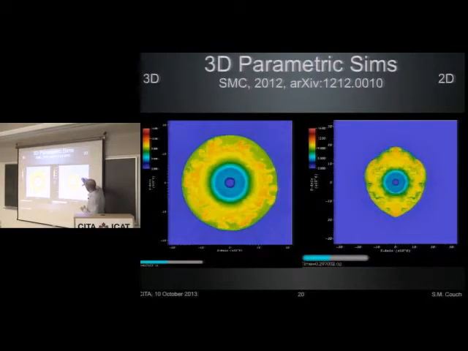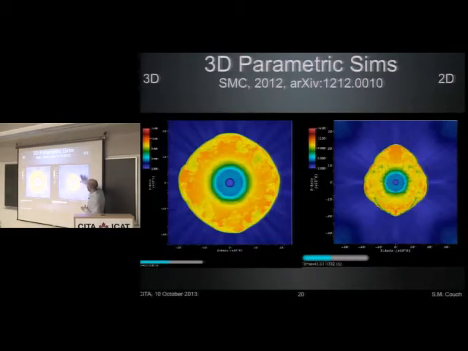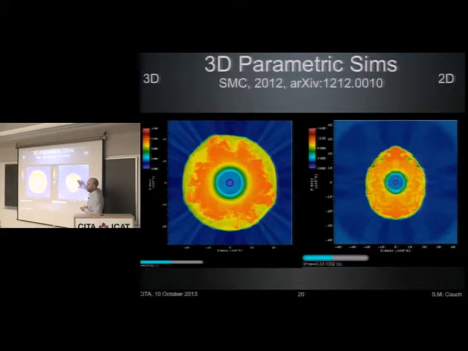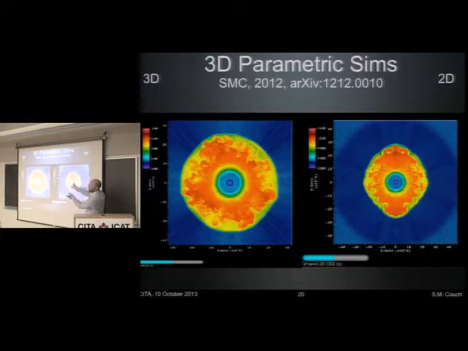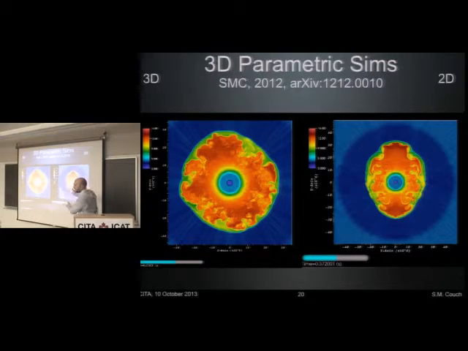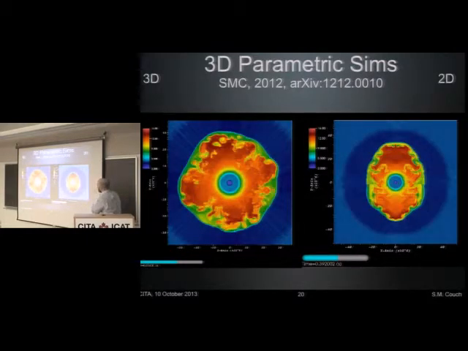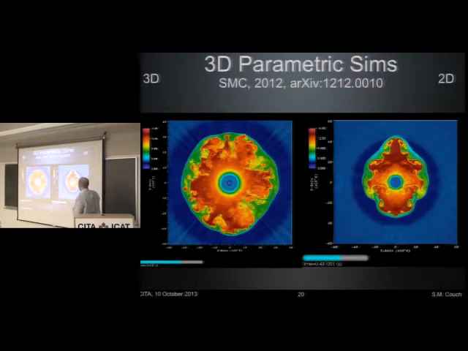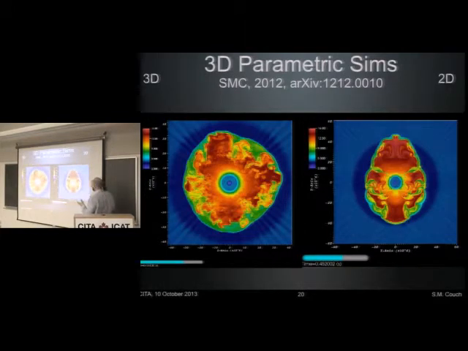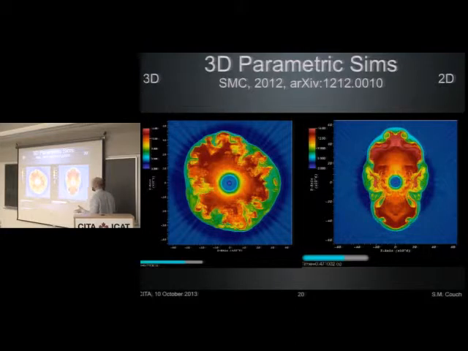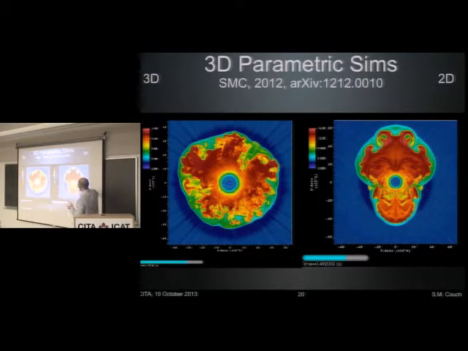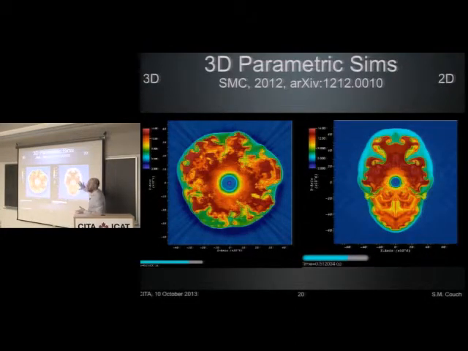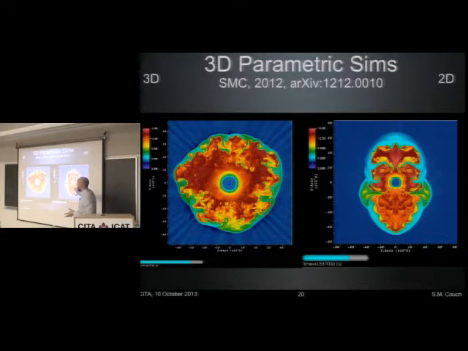But you see pretty early on a little bit of an up and down wobble along the symmetry axis in 2D. There's no preferred direction in 3D. It doesn't have that symmetry axis constraining it, so it just goes wherever it likes. And one thing that I hope you'll notice immediately from the movies, which I'll draw your attention to anyway, is that the structures, especially the buoyant plumes, are bigger in 2D than in 3D.